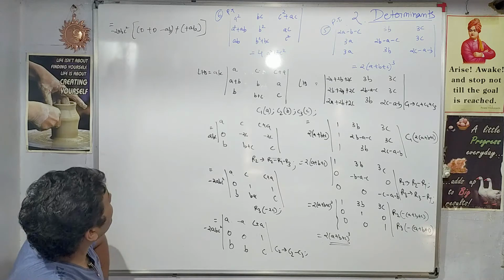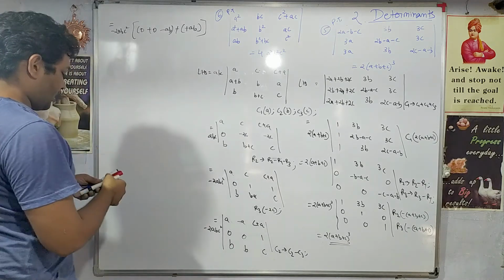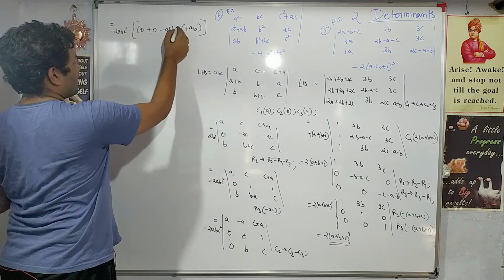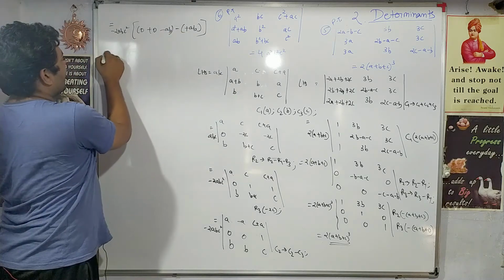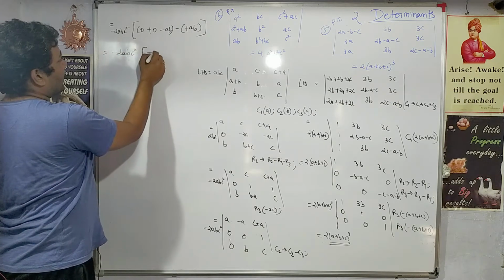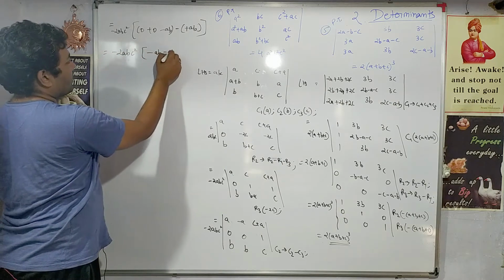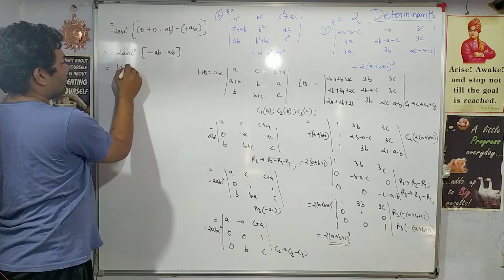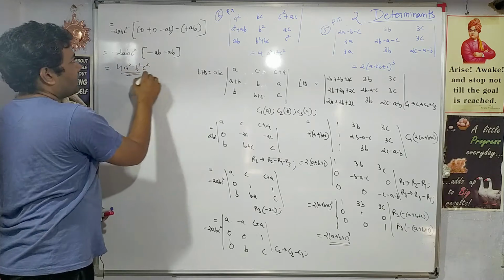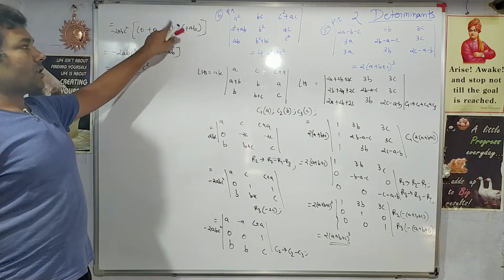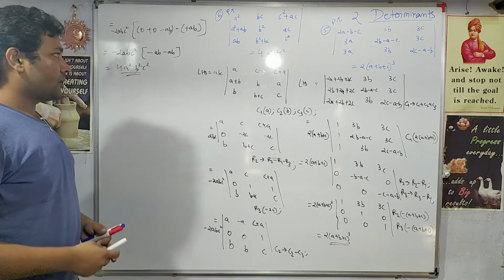So something is wrong. The mistake is in Sarrus rule. Here there comes a minus sign. So now if I expand, right, minus AB minus AB, that will make minus 2AB, and finally I have the answer, right? So you should also be very careful while applying the concept. Such mistakes you cannot afford to make.